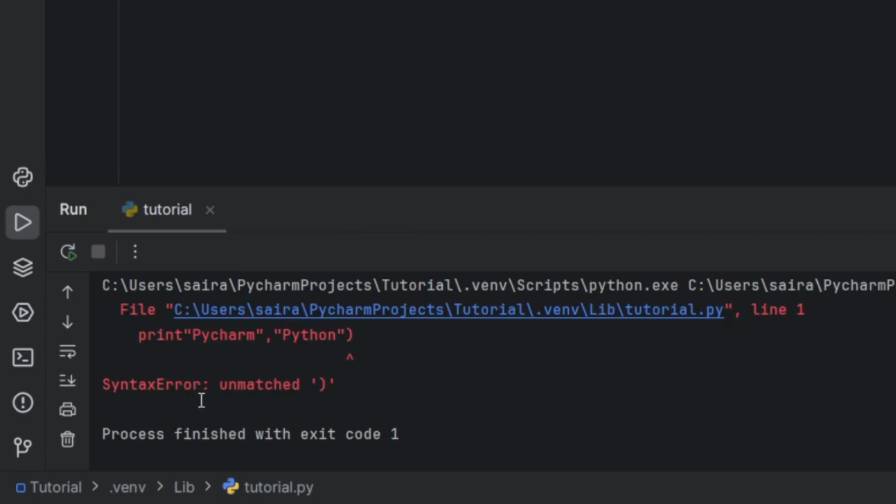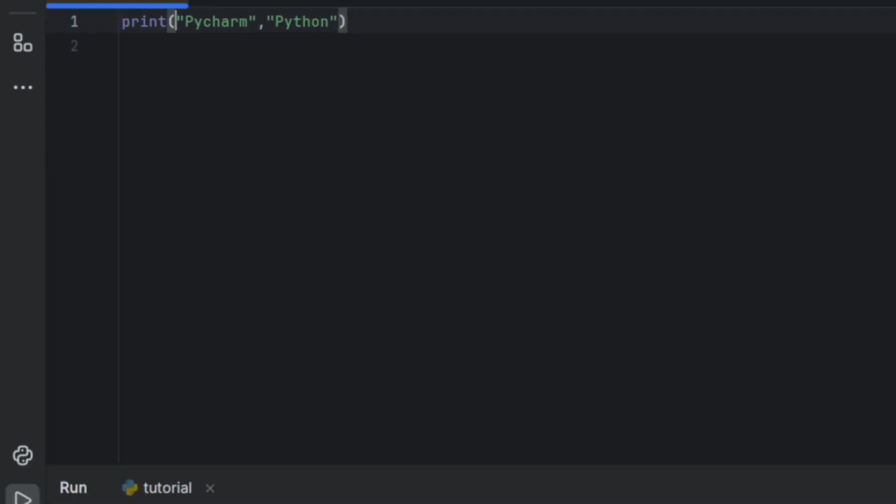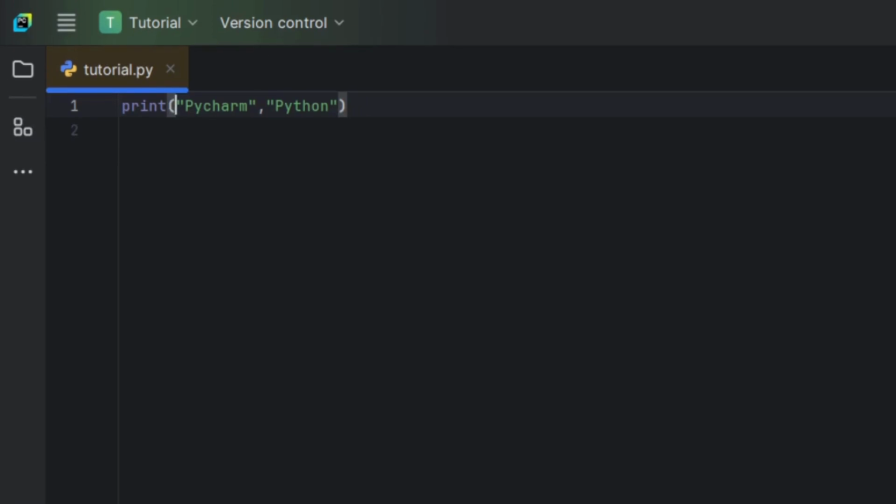It displays an error, a syntax error. A syntax error is basically saying that we're not following the rule, and the rule is unmatched bracket. The bracket at the end does not have a starting bracket and is basically breaking the rules of Python. So once again, let's run it with the bracket, and here we go. We get our output, PyCharm, Python.